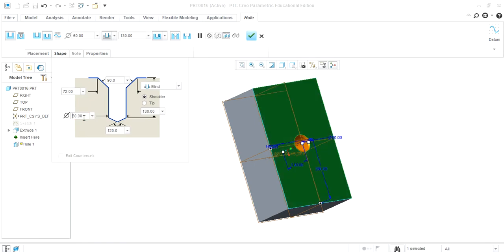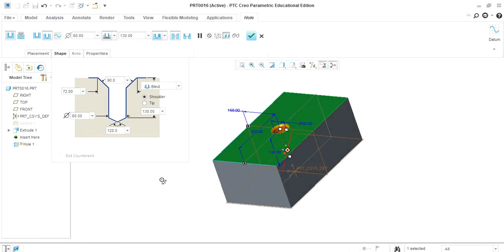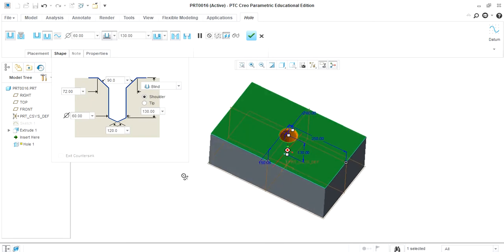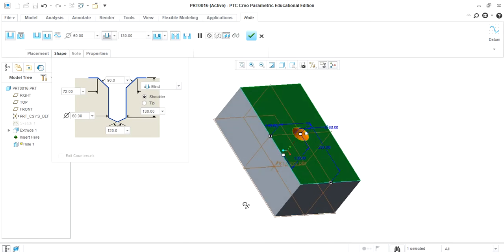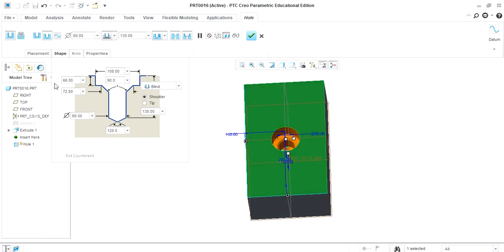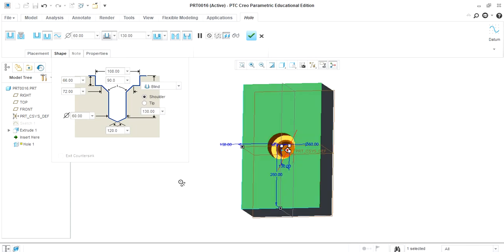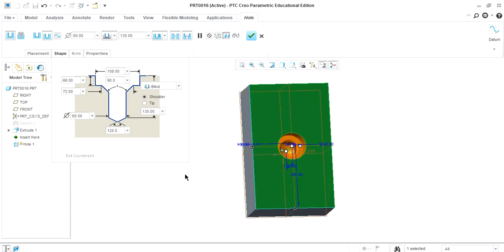So that's why in the hole case the dimensions are very important, because all the dimensions are parametric and interrelated to each other. In this way you can modify the other shape. These dimensions are standard ones for the diameter of the hole. Accordingly you can modify the hole dimensions. So these are the various options available with us in case of hole.